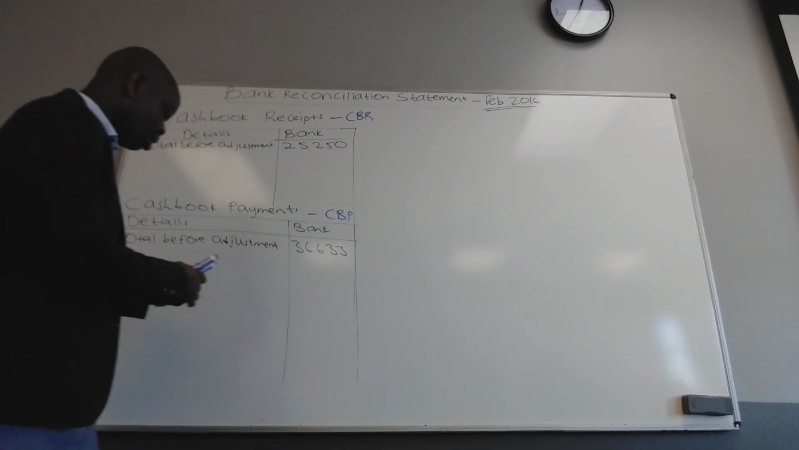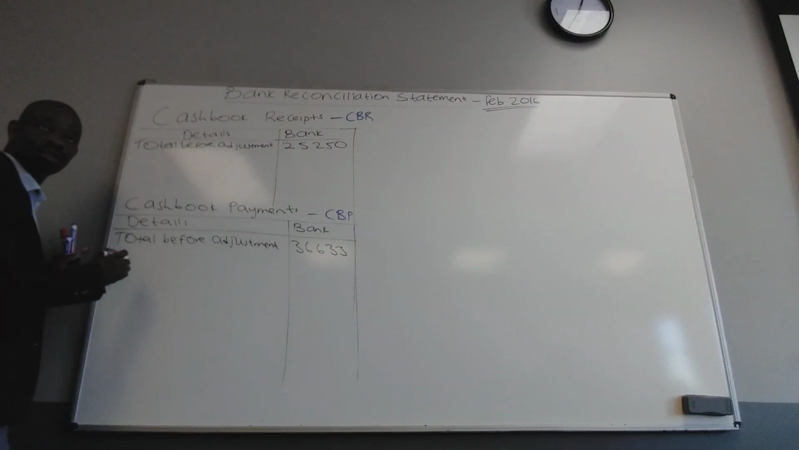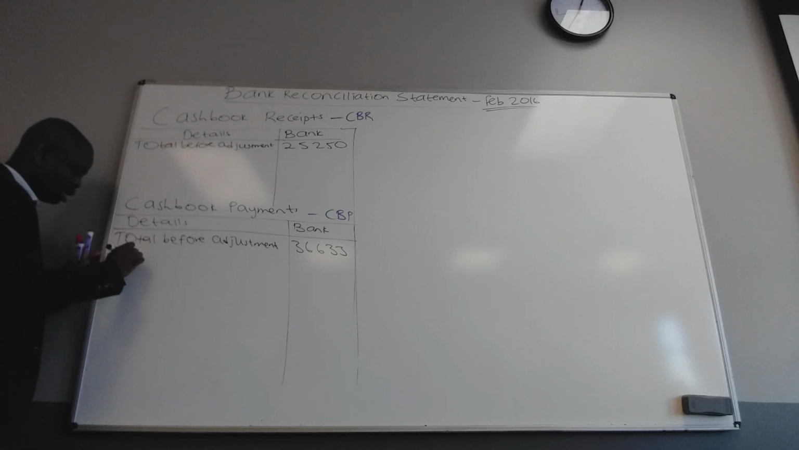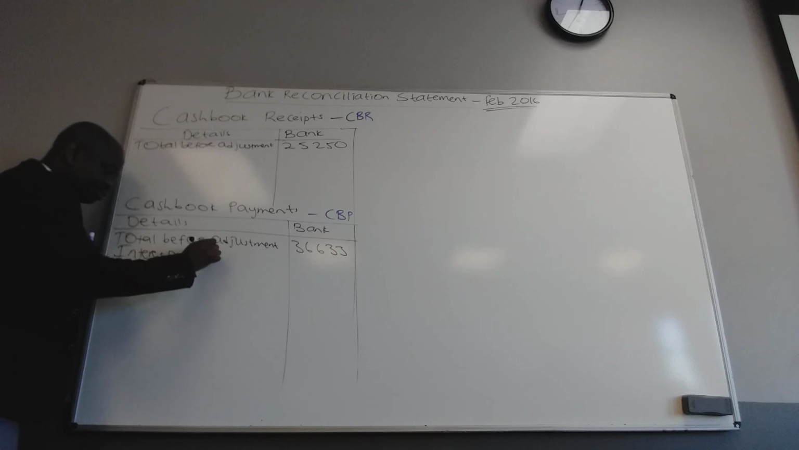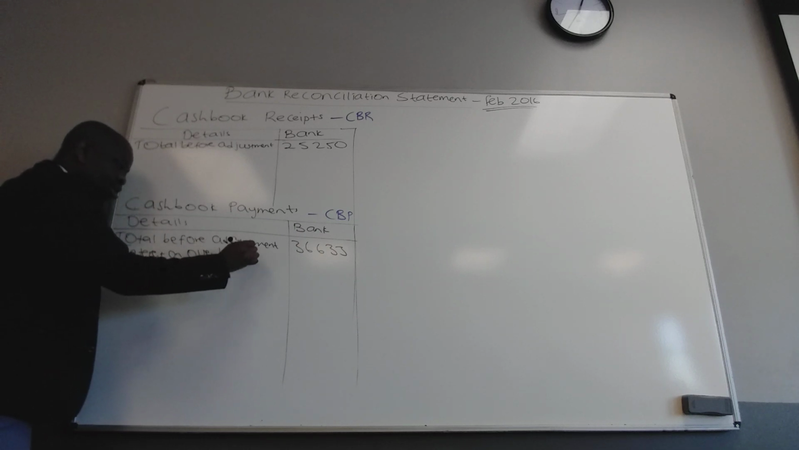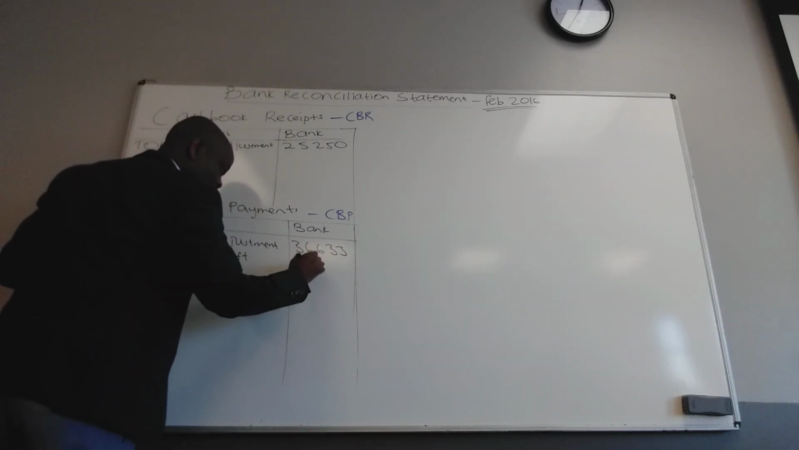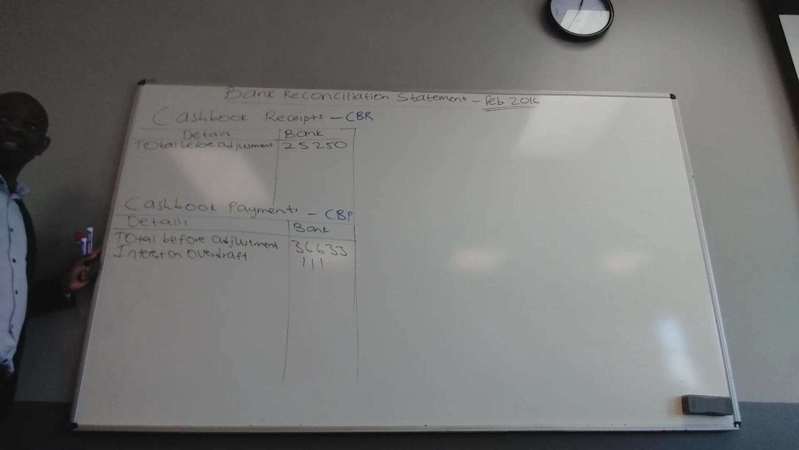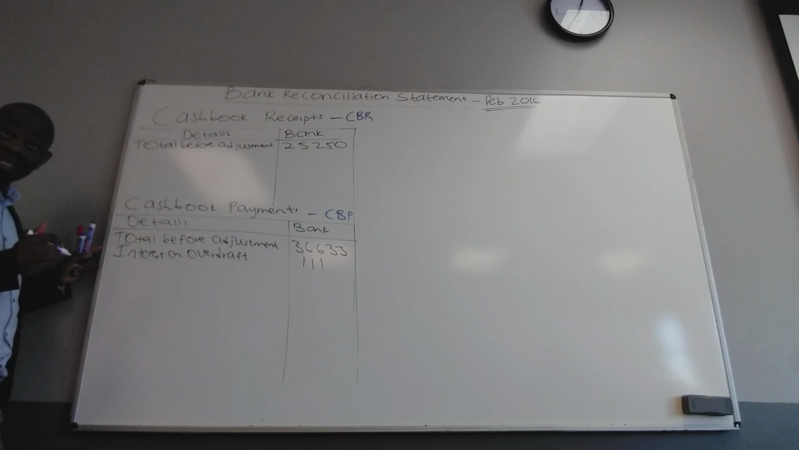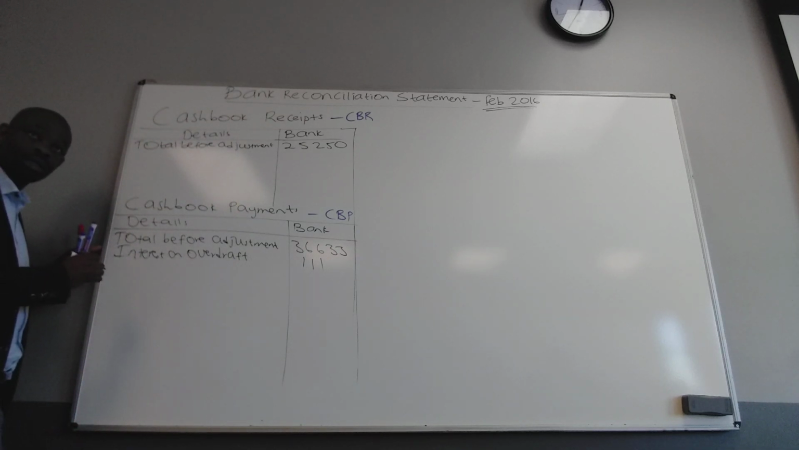Payments. Yes. So how will I write the first one? Interest on overdraft. How much is it? 111. Can you see now? Just like that. There are other two figures there. What's that? Services fees and